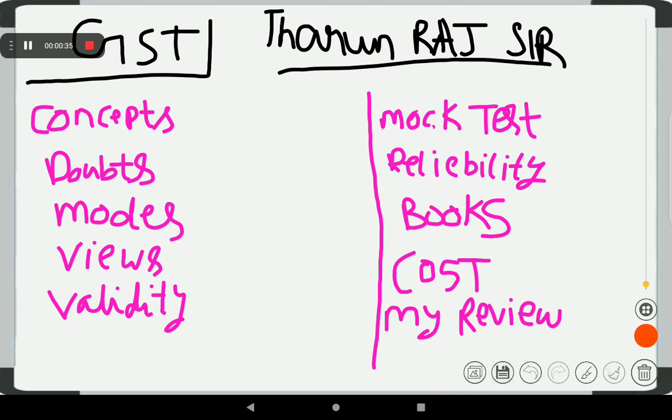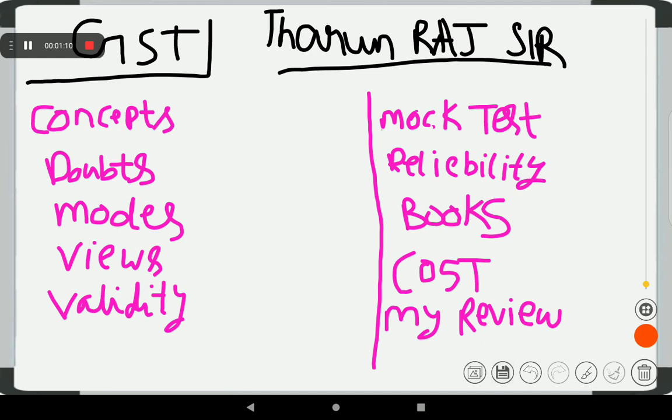The concept was good, but it was more like mugging up the concepts, because I was going to his face-to-face classes. It was good actually, but the interaction was not there properly for me. For all other classes I chose video lectures, but for this GST class alone I chose face to face. I don't know whether it is my problem or the faculty's conceptual clarity.